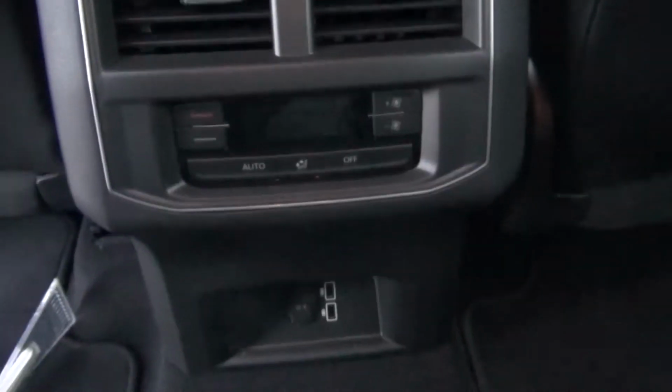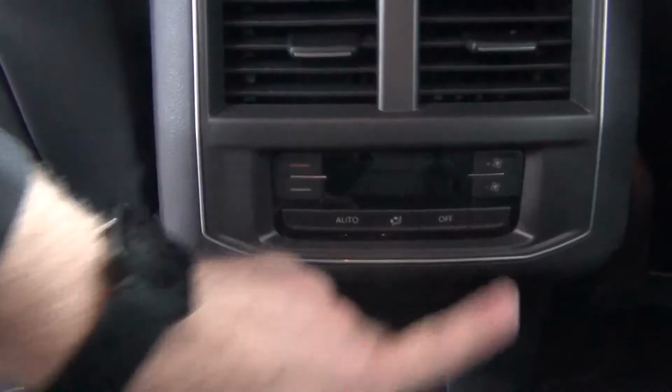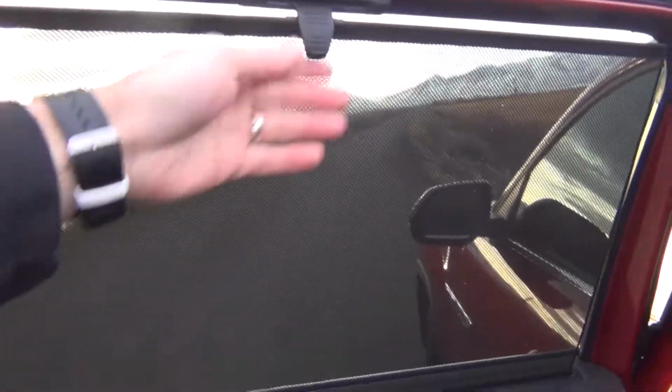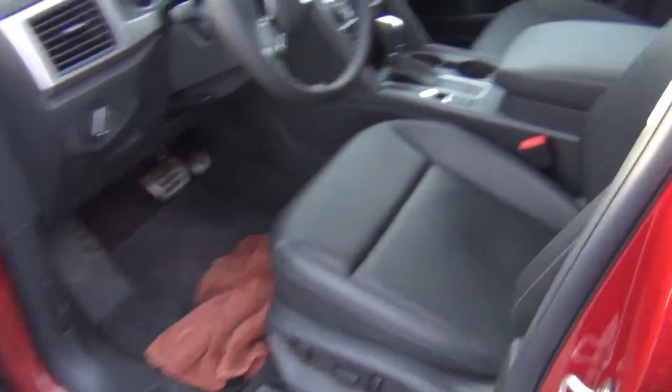Has its own rear heating and cooling. If you get the higher end models, you'll get heated seats back here. And then you have some plugs for your adapters down there. And it comes with these window shades for those of you that have kids. That's a nice built-in feature for the younger kids. Sometimes the older kids like to lift them and flip them and let them hit hard and stuff like that. But